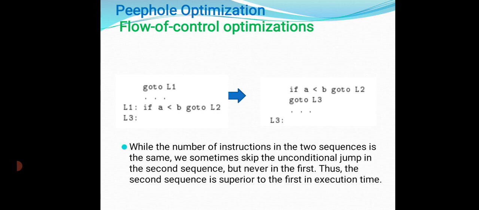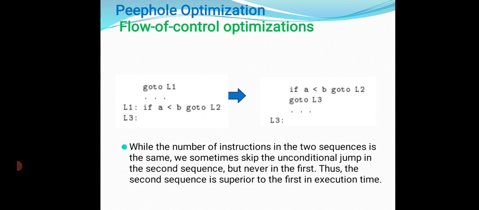There is another example of flow of control optimization. Here, before the optimization, we are using the statement go to L1, and at label L1 we are comparing the value of A and B. If the value of A is less than B, then we are moving to label L2.